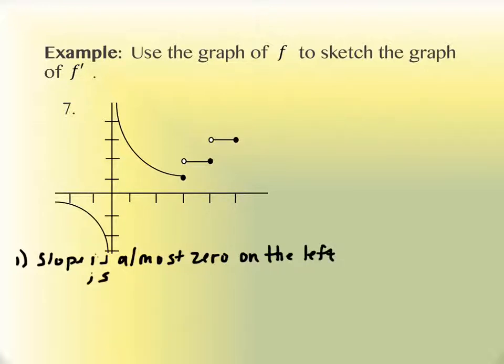And the slope is actually 0 in a few locations. In particular, notice it's 0 about right here at, looks like 3. It's 0 again right here at 4, and not only at 4, but everything actually between 3 and 4. And then again between 4 and 5, and then at 5. So the slope is 0 at,